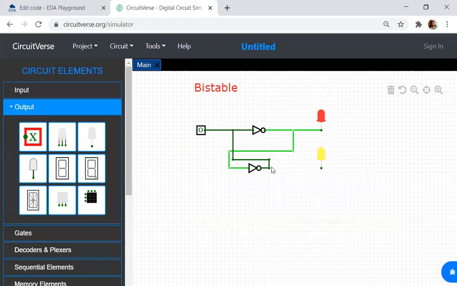Let me connect it just for understanding purposes. This should be 0, and if you can see, it is 0. I told you it will indefinitely store either a 0 or a 1. Already 0 is stored in the circuit. If I try to change this to 1, I will not be able to, because 0 is already stored.